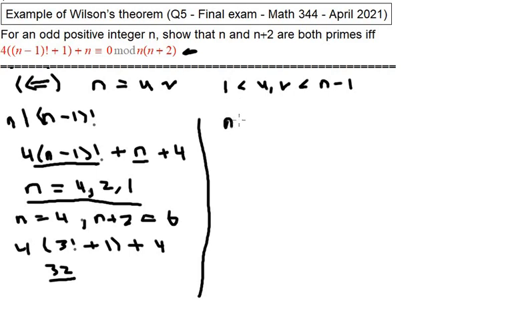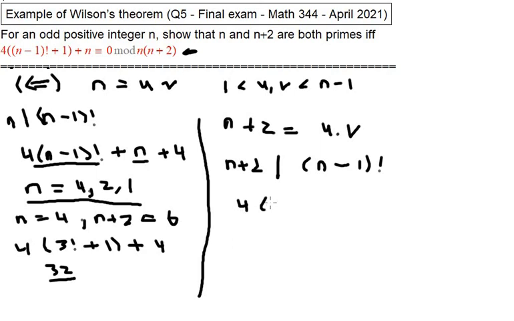Similarly, if we let n plus 2 be equal to u times v, similar again, with u and v in between these values, that's saying that n plus 2 divides into n minus 1 factorial. Look at the entire expression. You've got 4 times n minus 1 factorial